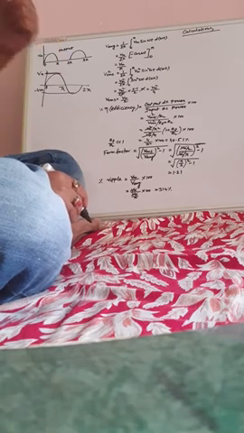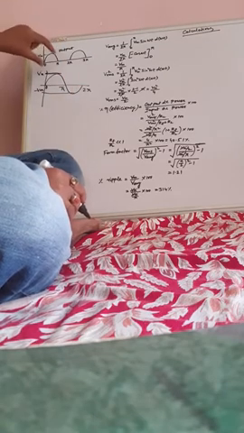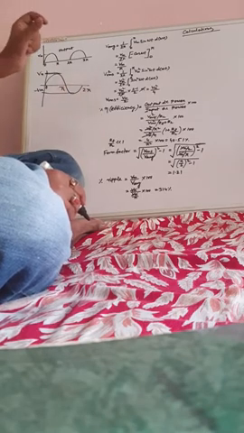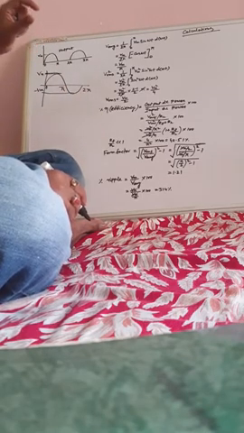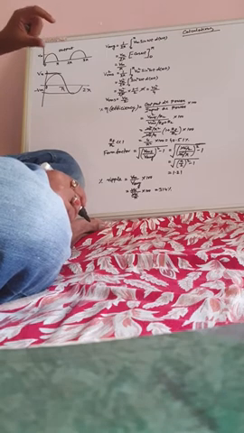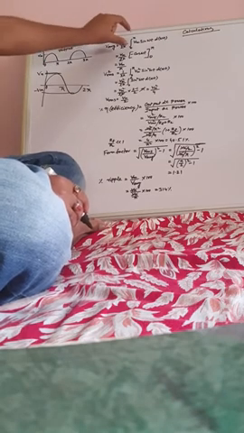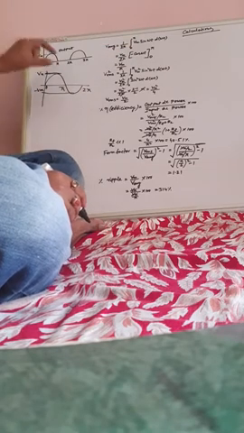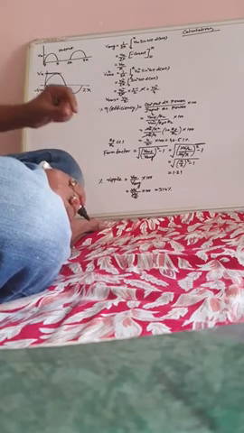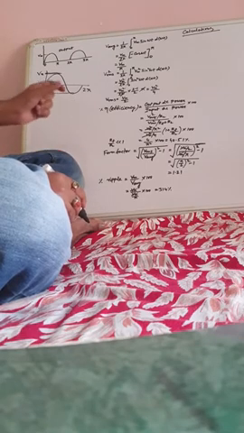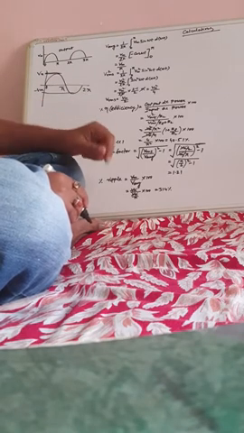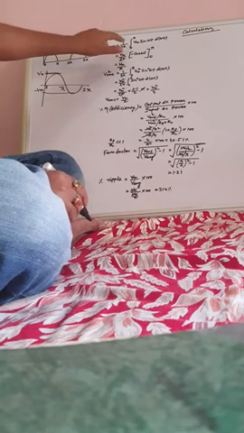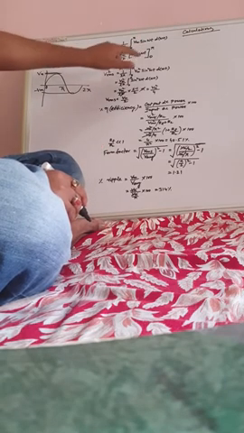If you use a full-wave rectifier, then when you study it, you will see that the output exists for 0 to pi and pi to 2 pi also. Here, your limit will be 0 to pi, because in pi to 2 pi no signal will exist. The diode will be in reverse bias, so no signal will exist between pi to 2 pi. So VAVG is 1 by 2 pi, 0 to pi Vm sin omega t, d of omega t.